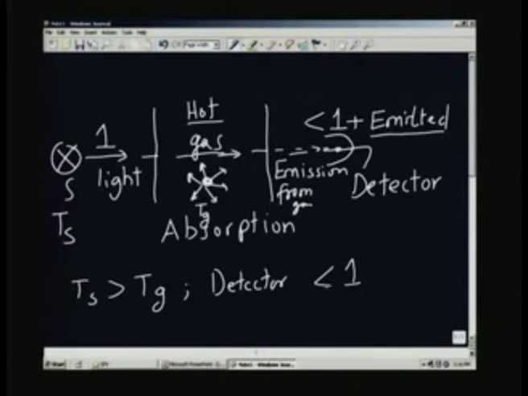So, the detector will still detect something less than the amount leaving the source, which I call 1. If Ts is less than Tg,